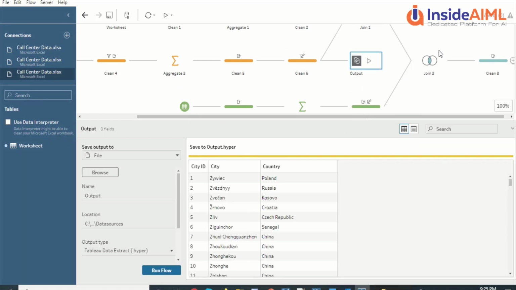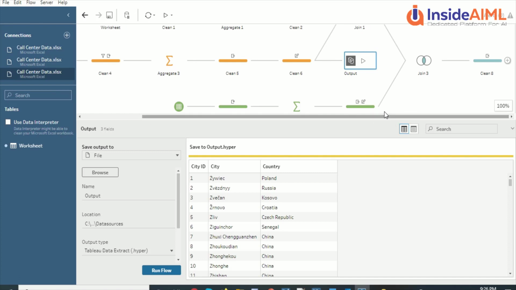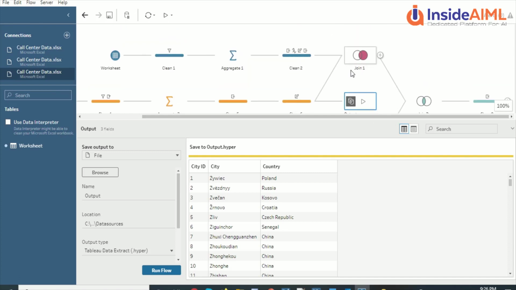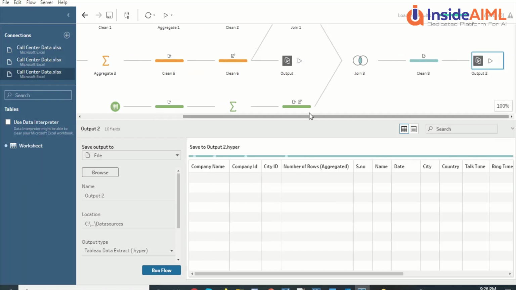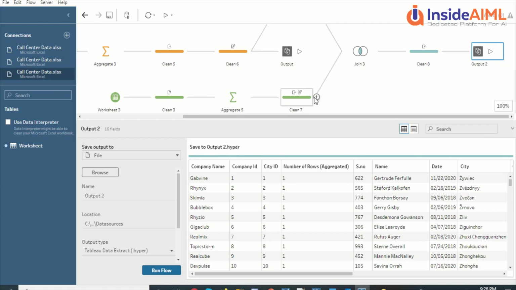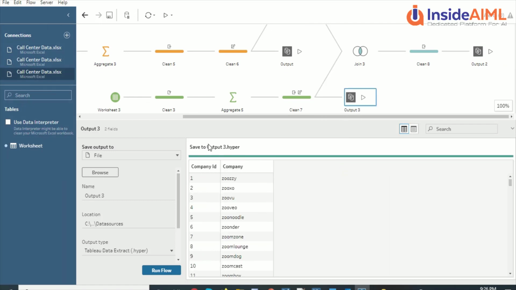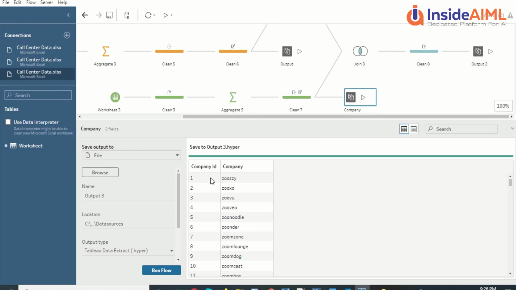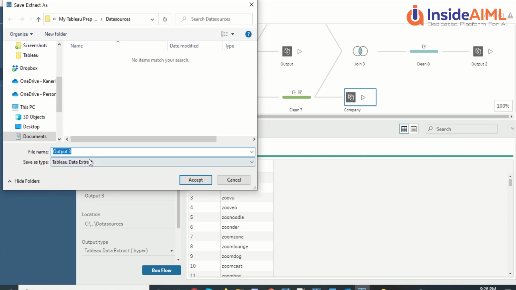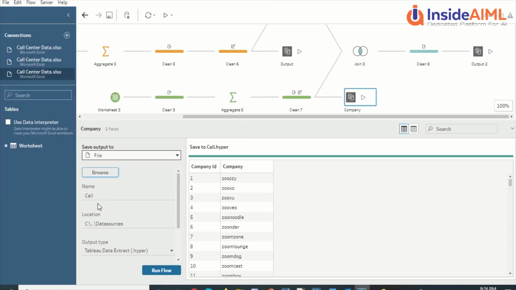Okay, so now I got an output here, and so I moved it up there, and I don't think it's going to make any difference, but I need output here, I need output here, which is the combined one, and I need output here. We need to understand these first and then we'll do. Okay, so city is the, so while we are on this ID, let's call this ID company, and output sheet, let's browse it. We are going to have it in call sheet only.